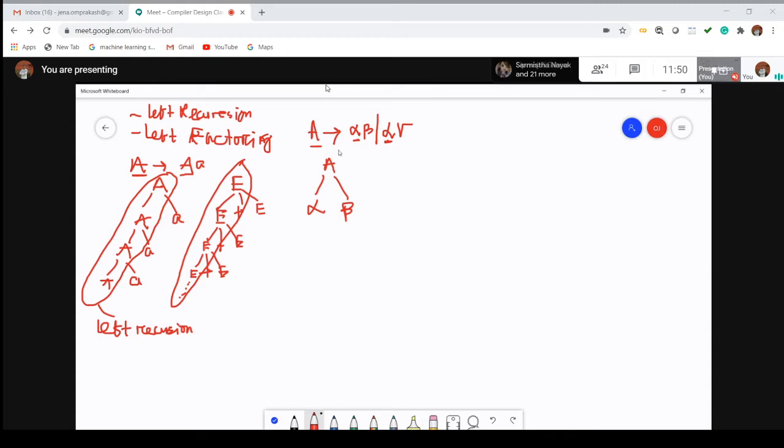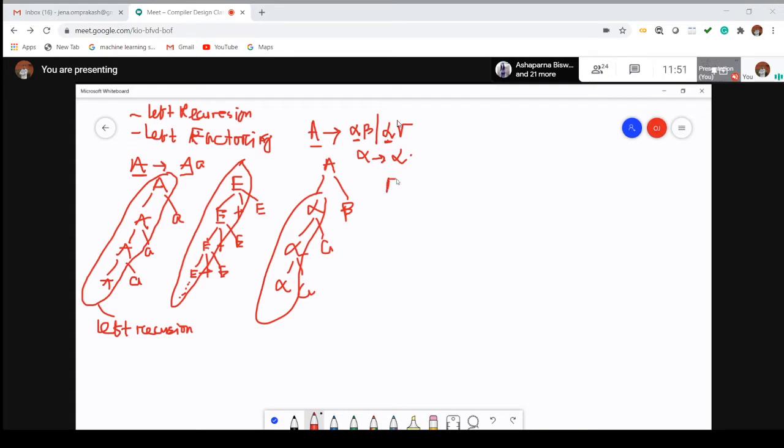Again, if I say A to alpha beta, then this alpha value may be repeated, or you can say that A can take either alpha or beta. Suppose it is alpha, then I can say there will exist a production like this, alpha to another value. You can go for this alpha, then small a, then alpha, then small a. But the A value is not repeated over here. So any value is repeated in the intermediate except the start node.